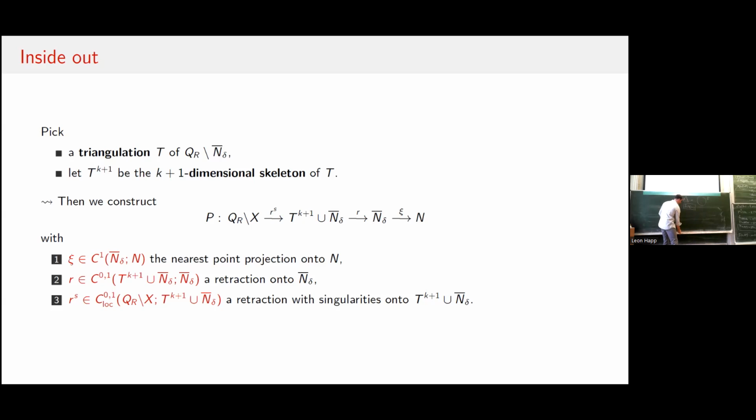Yeah, because pi_1 of n is 0, this means that every function from S^1 into n can be contracted to a point. Those can be, of course, constantly extended to the inside. And then the function you started with can also be extended to the inside. So this is why you use this property here. And you can climb up to T^(k+1). And what you do from there on is you are again given the simplex.